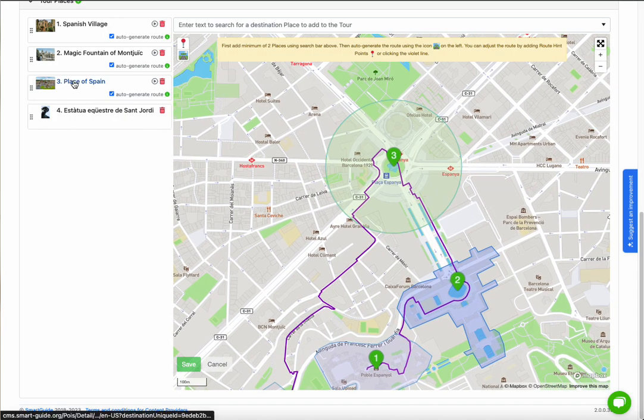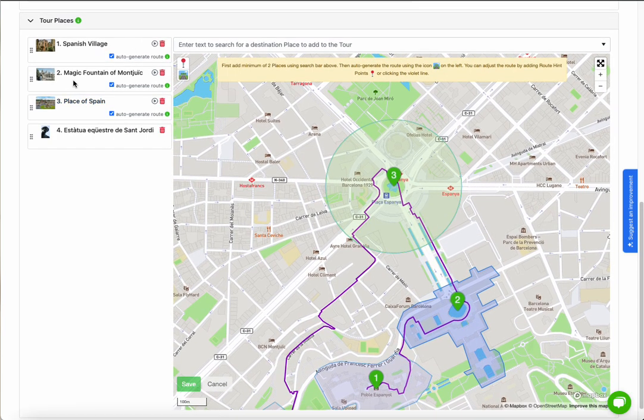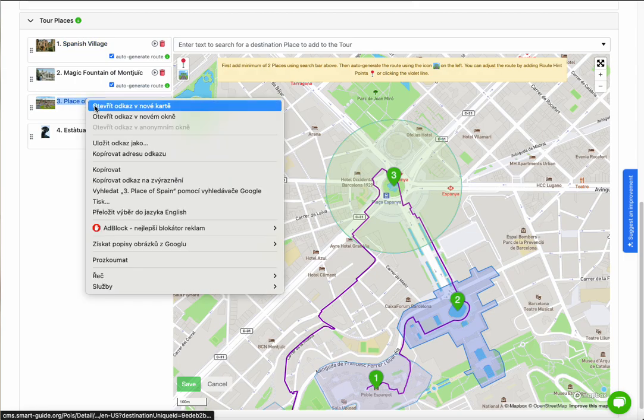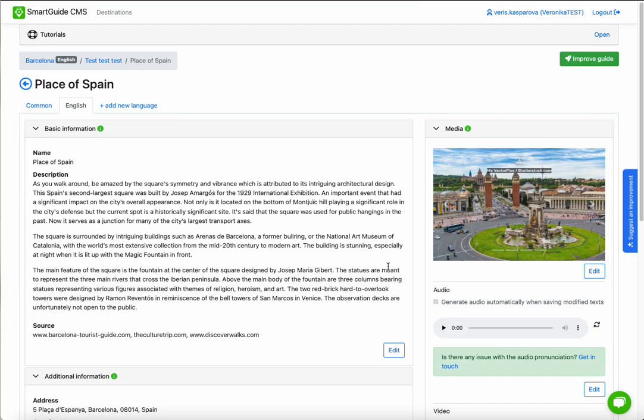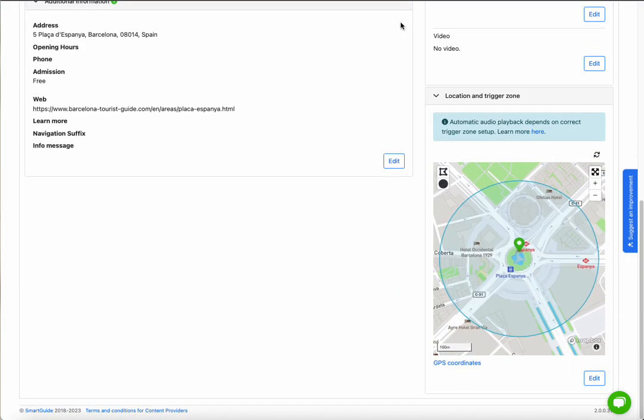So I just choose a place from the list of tour places, and I can edit the place for the purpose of this tour itself, and that general place that I have created before will stay the same shape that I have created in the first place. You can see,